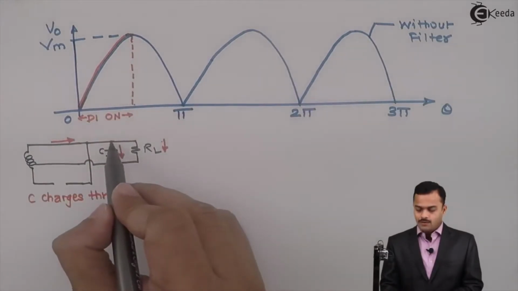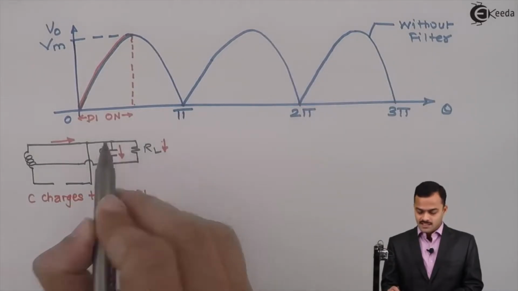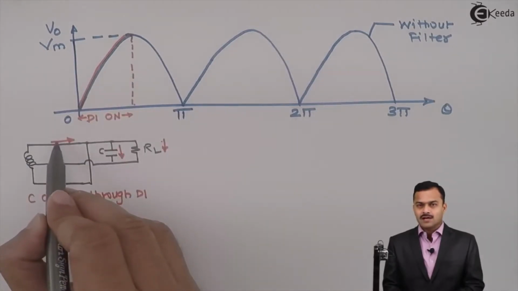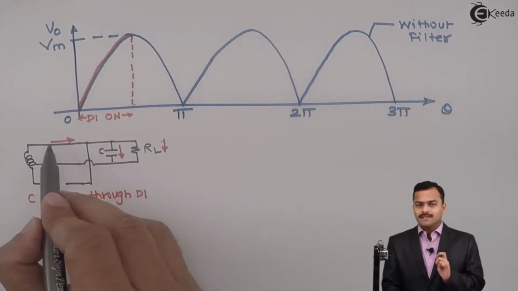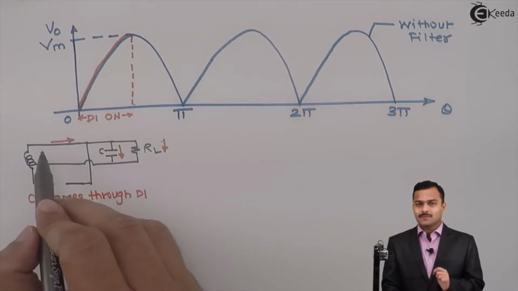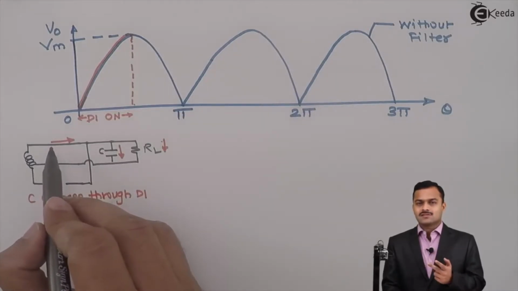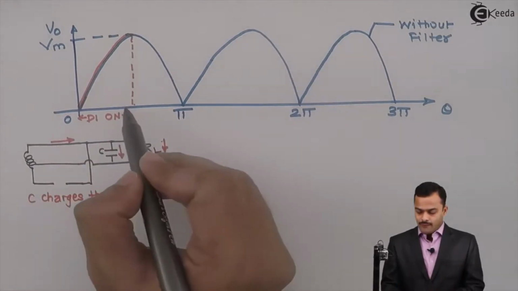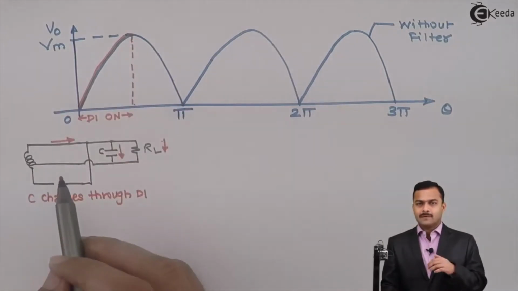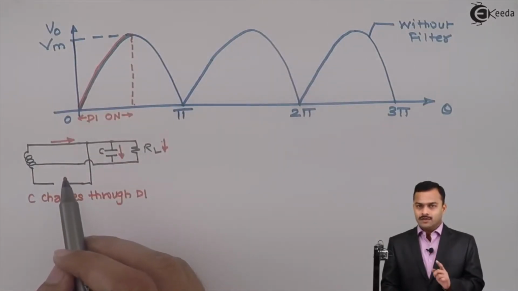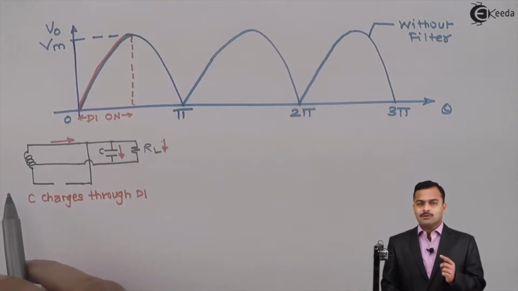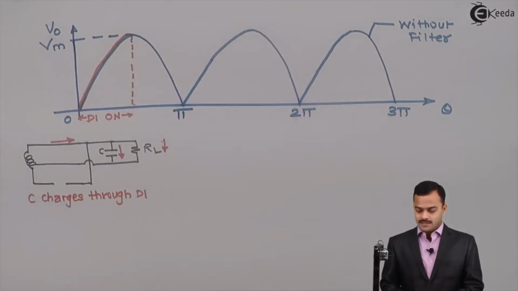Because what will happen now? Here you will have a maximum voltage and here voltage will keep on decreasing. So the potential difference between anode and cathode becomes negative. What does that mean? Negative voltage across diode means diode will not conduct. So after the maximum voltage, once capacitor reach, diode D1 will also be reverse biased along with diode D2. So after this, both diode D1 and D2 are reverse biased.